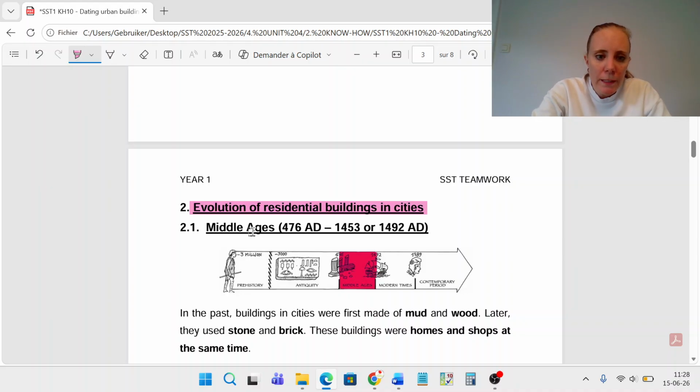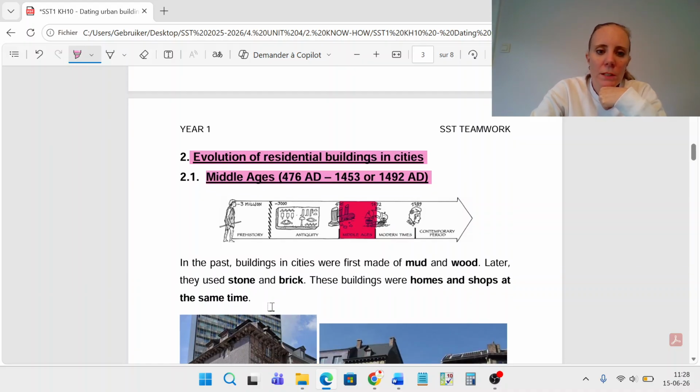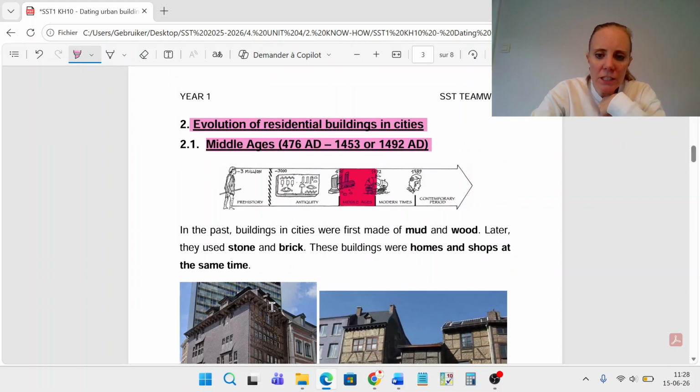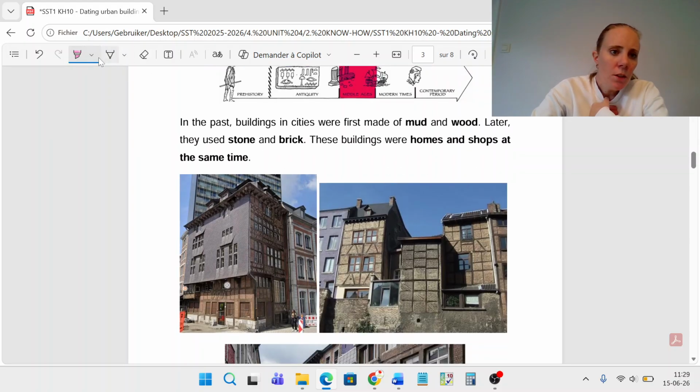The first buildings that we have that are still from the time period of the Middle Ages actually usually date back to the end of the Middle Ages. So Middle Ages is the first time period in which we can find buildings. In the past,